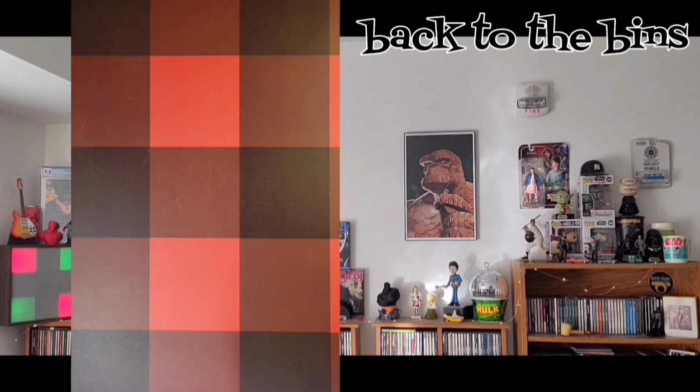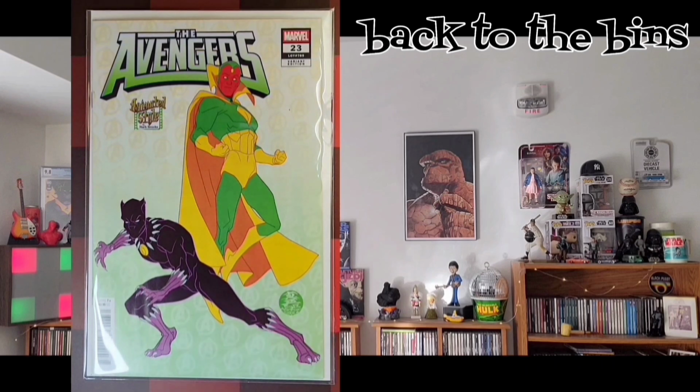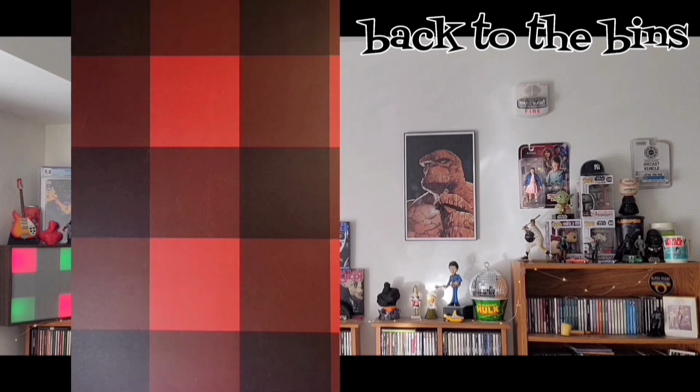Oh yeah, we know you love Mark Brooks around here, so here we have the Avengers. Issue number 23, that's the Mark Brooks animated style variant. You got Black Panther, and you've got the Vision. Super cool, love that look. This is sort of if Marvel was doing Disney cartoons, which, I mean, they can, and they do, I guess, in some way or another. But really love this little series going on. So many little,